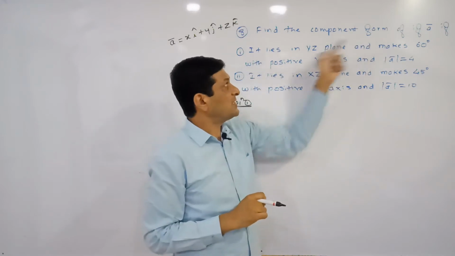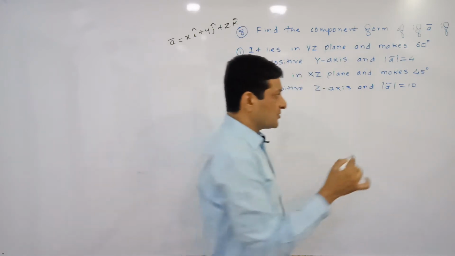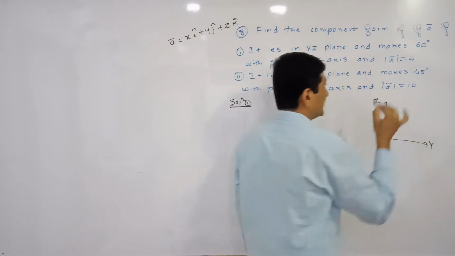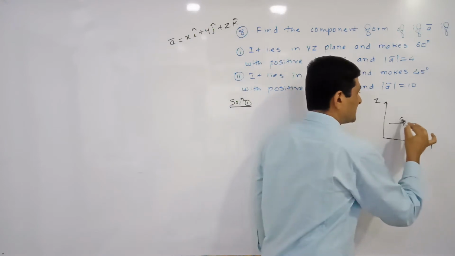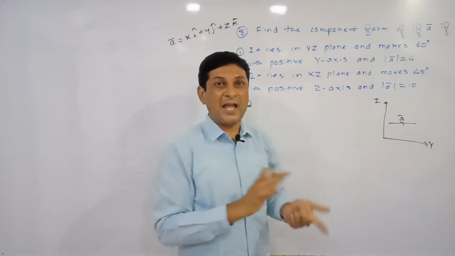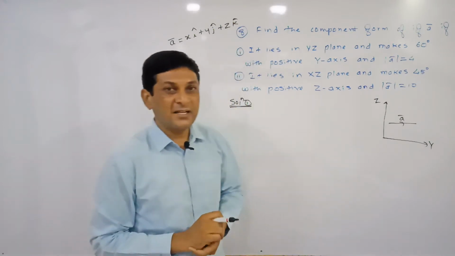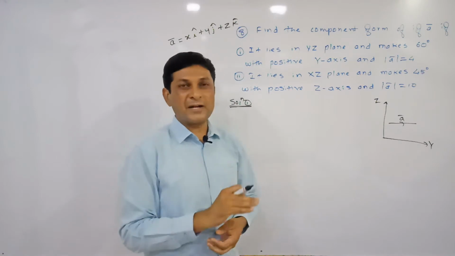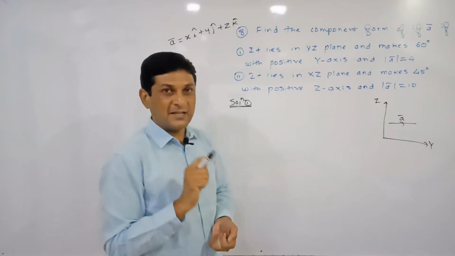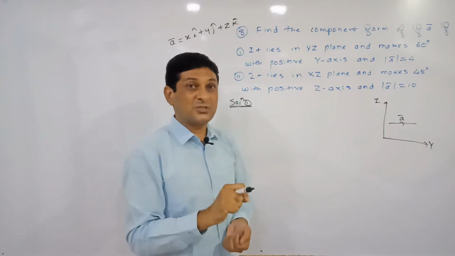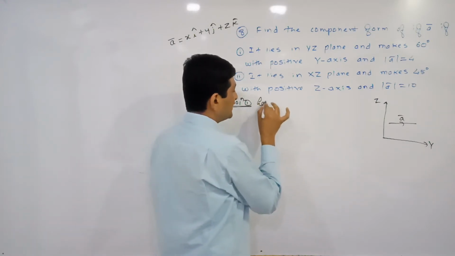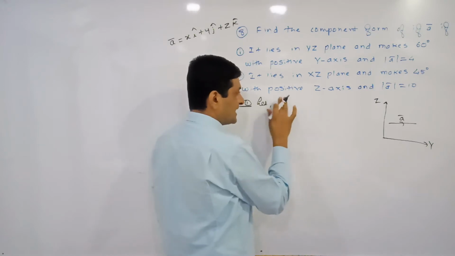So what is the given condition? That A bar lies in which plane? YZ plane. So let us consider one YZ plane. The vector A bar lies in this plane, it is given to us, and makes an angle of 60 degree. And the example is related with angle. Since the example is related with angle, the angle made by a vector or a line with x, y and z axis, generally we denote by alpha, beta and gamma, and these are called direction angles.